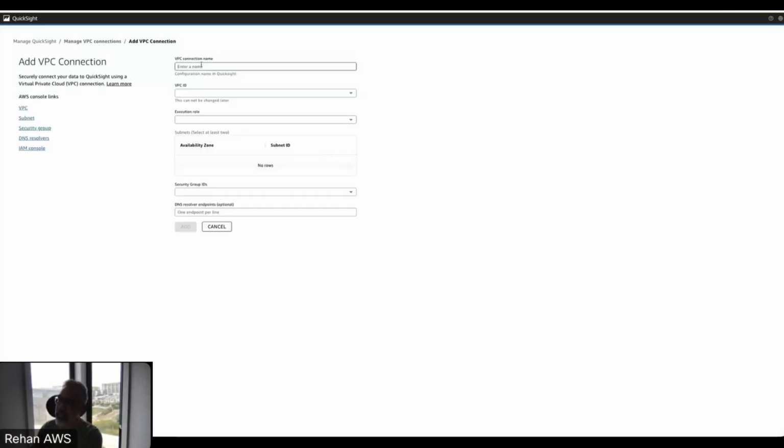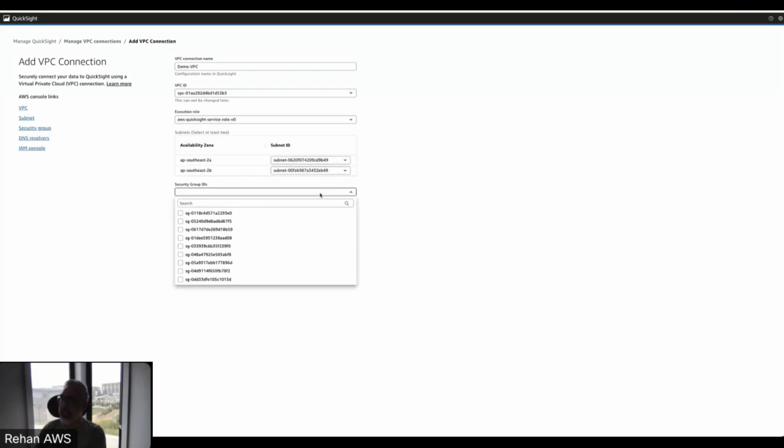So how it does it is I'll just go to demo VPC. It again creates those elastic network interfaces or endpoints within those subnets. So I know my QuickSight customer VPC is this one here. I'm going to choose a service role, and then the private subnets that I need to hook this into, and